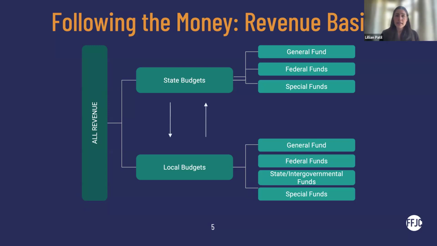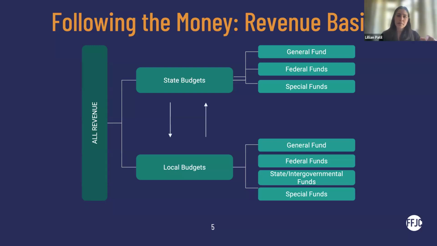And then there will usually be a designation around what kind of expenditures are eligible for use from that fund. And so in that way, you can more specifically often track the fines and fees dollars that go into special funds. Those are the types of funds that I talked about for the state budget levels. You can see on the local budgets